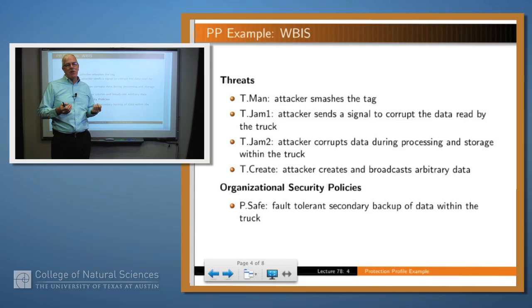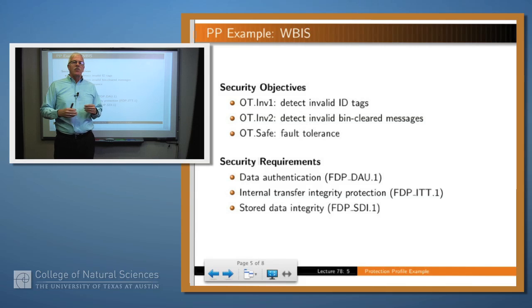And then finally, there's something called an organizational security policy, which says that the system has sufficient backup mechanisms, so there's fault tolerance built into the system. Okay, so then what are the security objectives that we would like to accomplish? Well, 3 of them are listed here. We want to be able to detect an invalid or inoperable ID tag. We want to detect invalid bin clearing messages. So for example, if someone broadcasts via shortwave a spurious message, and we want to have certain fault tolerance in